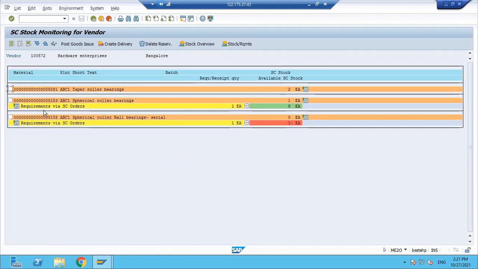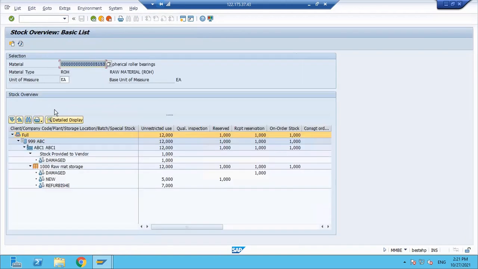Correct? Yes. Now go to MMBE, we will cross verify. See again, for the stock provided to vendor, the stock type damage has been updated. Now the refurbishment is 7. Once you do the GR, the refurbishment stock will be increased to 8. We will see that.